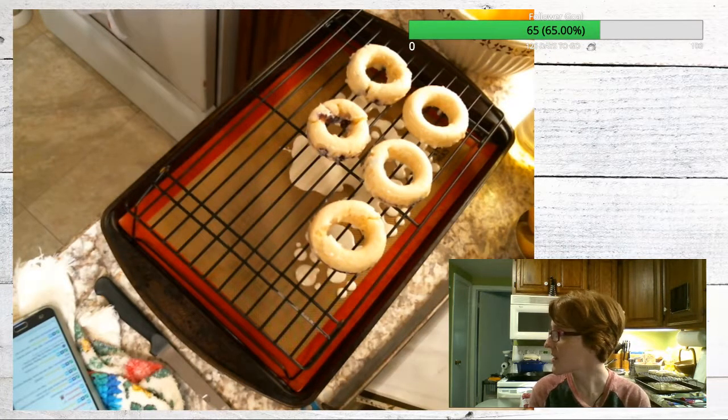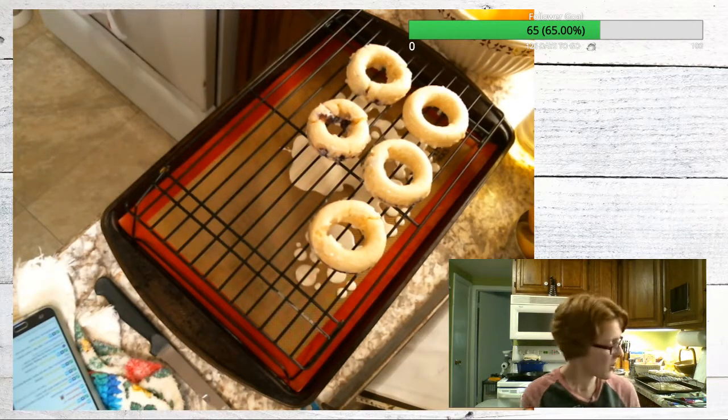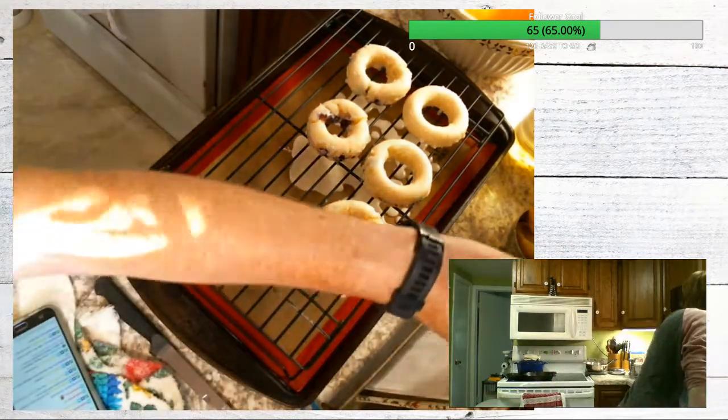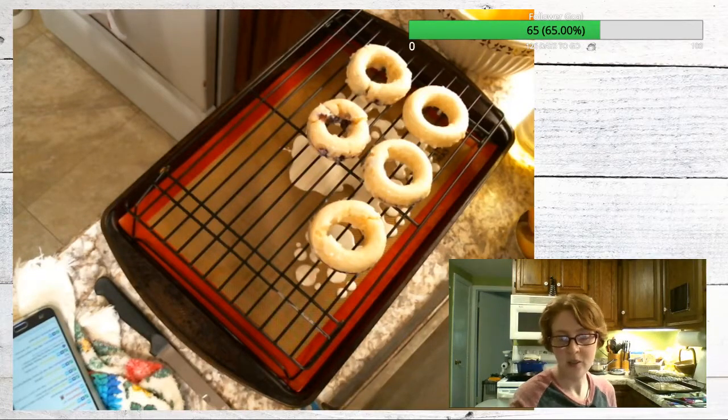Alexa, how much time is left on the timer? Baking takes a long time. So I guess what I can do while I'm talking to you guys is I can put the recipe on Discord. So for you guys who weren't here earlier,